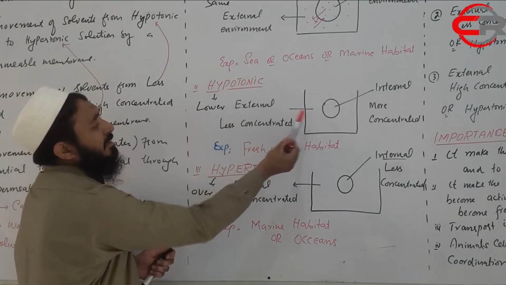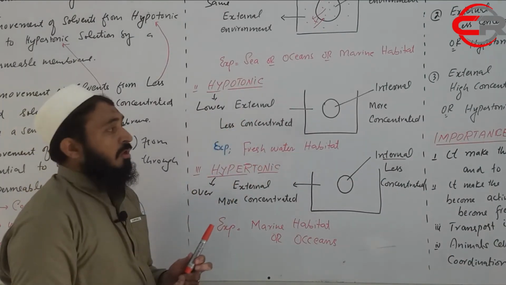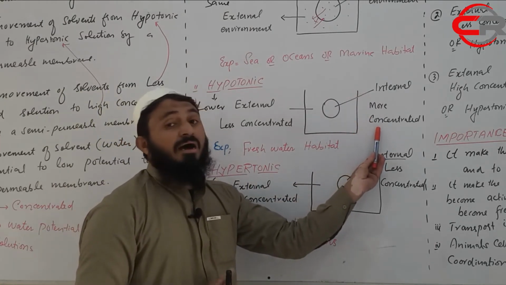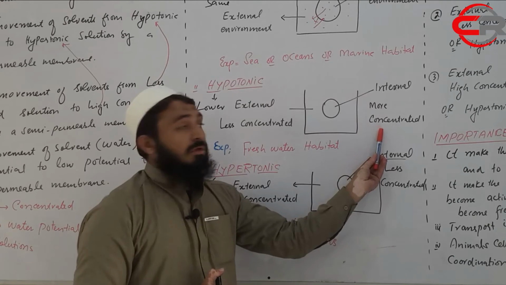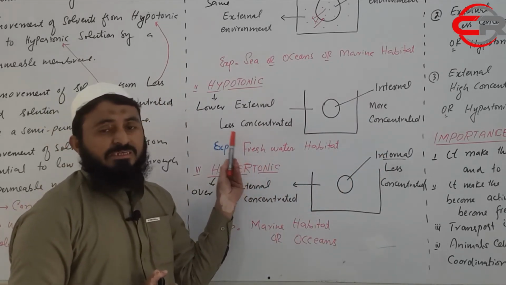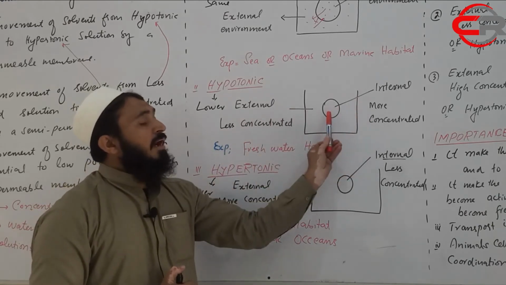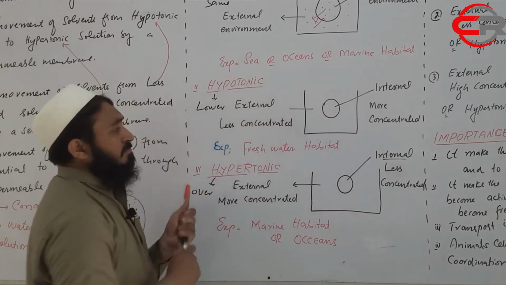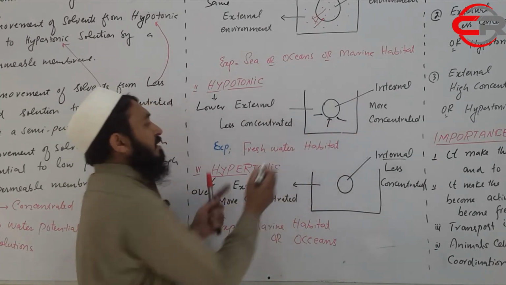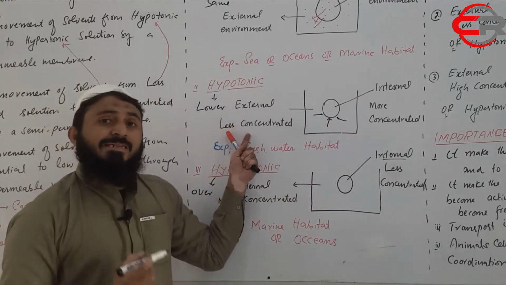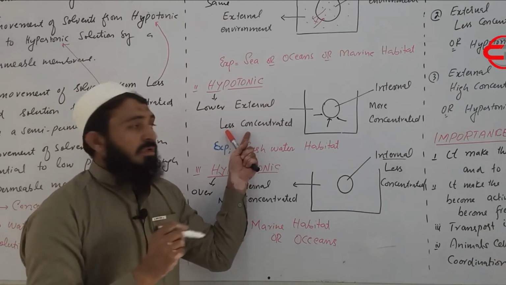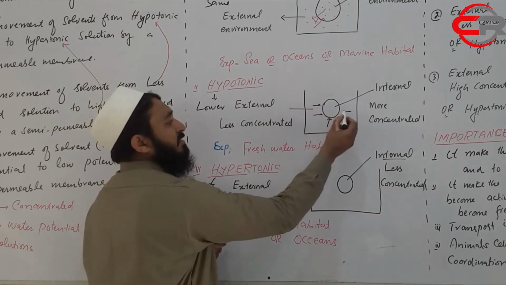So when the external medium is less concentrated and the internal medium is more concentrated, it means the internal is highly hypertonic, while the external is hypotonic. So what will happen? From the high concentration of water, because this less concentrated solution has a lesser amount of solute substances, it contains a high amount of water, therefore water will move inside of this cell and